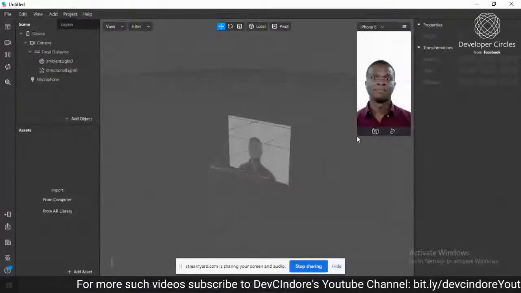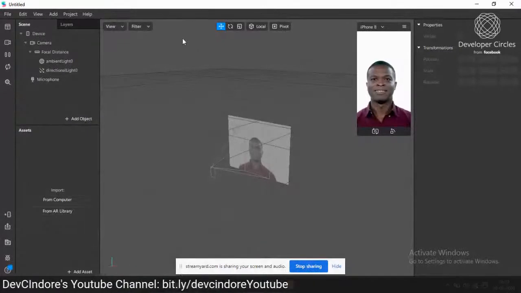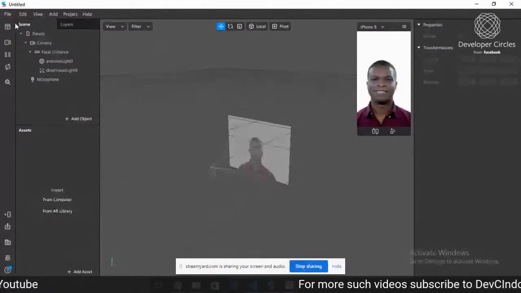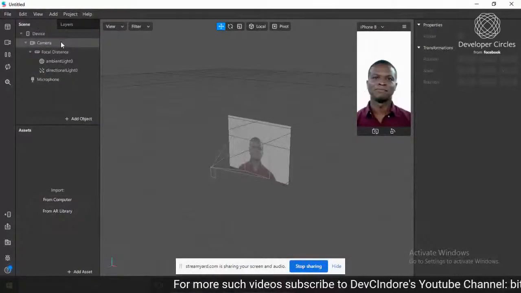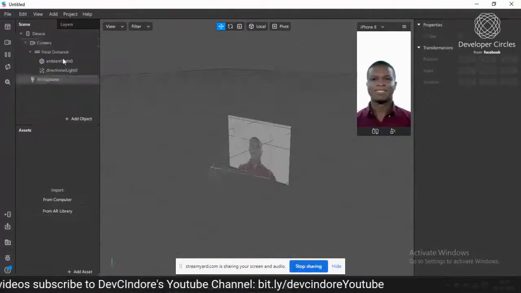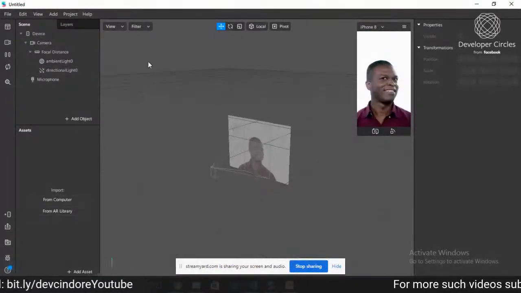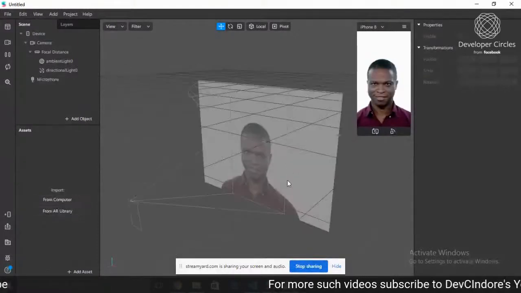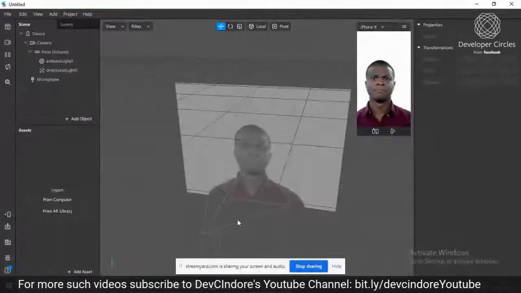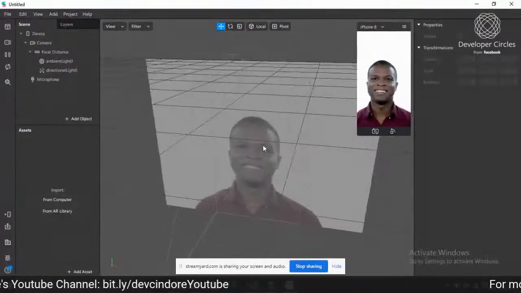So this is our project panel. This is the scene panel, where all the objects, 3D objects or 2D textures, whatever you want to add in your filter, will come in. This is the viewport. You can see this is the phone camera, which is showing the objects you have placed